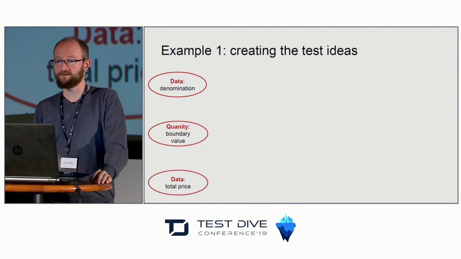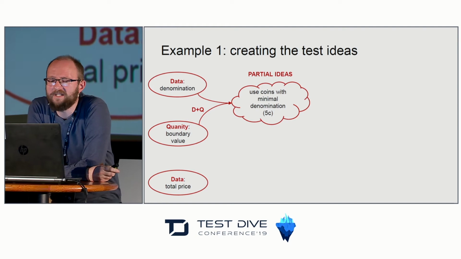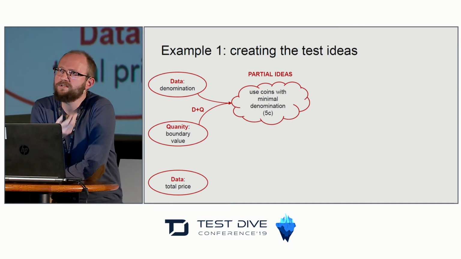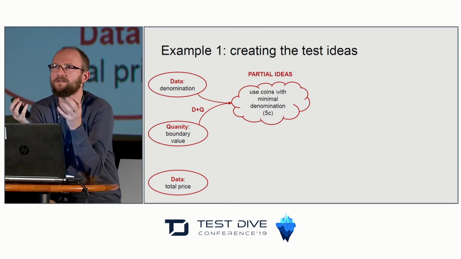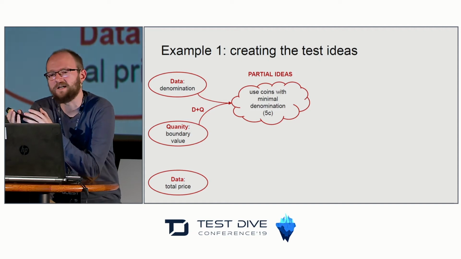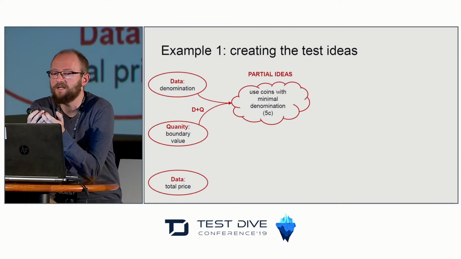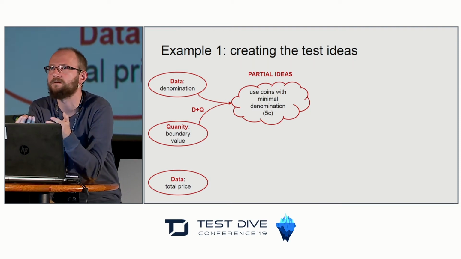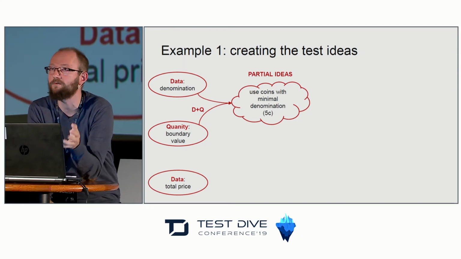dimensions, concrete dimensions. And when we think about this denomination and boundary value, we can think about what these 2 things have in common. Does it make sense to consider them as a combination? Denomination and boundary value. Well, one of the possible interpretations may be that we can use coins with minimal denomination. So we can take this 5 cents or 10 groszy in Poland or something like that. So that may be some idea to check, or it may be some partial idea which can be used later